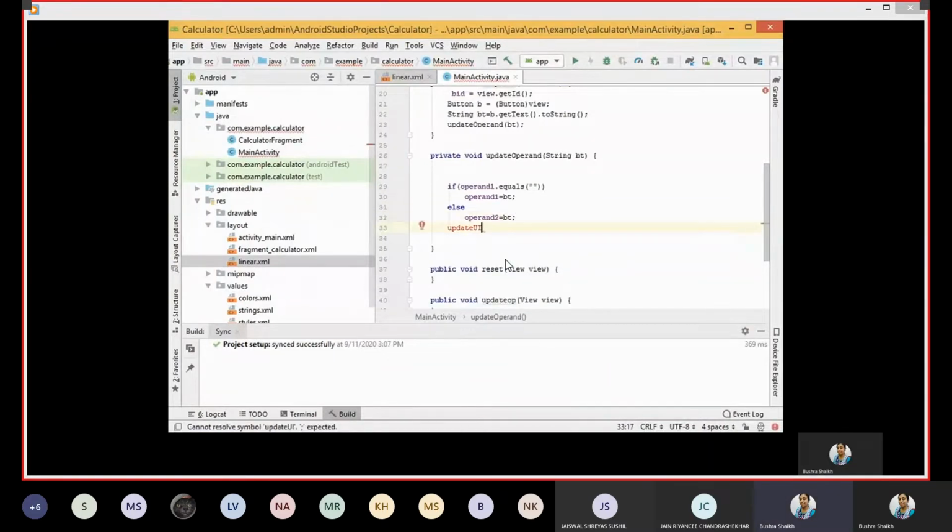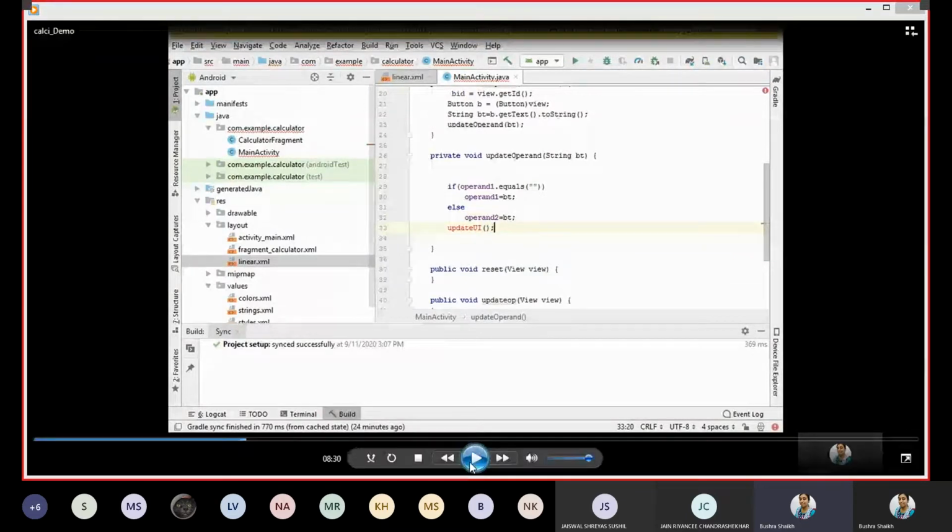And next what I'm doing is, after my operand has been updated, I'm just going by the flow. Just imagine you have a calculator in front of you. When you click on any of the buttons, two things happen. One is the setting of this operand value, which is behind the scene, which is what we are taking care of. Okay, so we started with numPress. numPress was capturing the caption, and it was sending that caption to updateOperand. updateOperand was receiving the caption, and it was setting the respective operand.